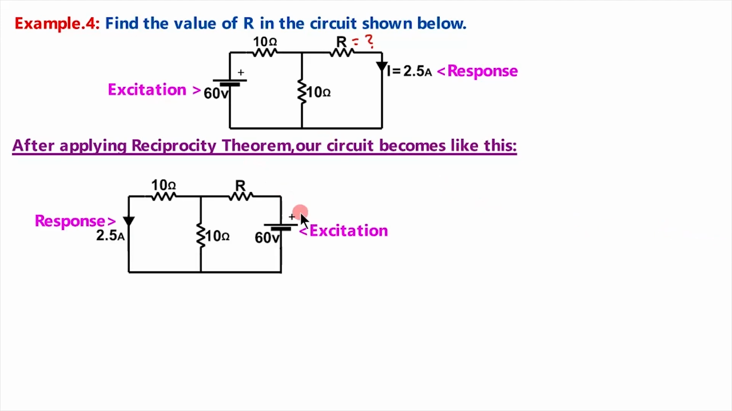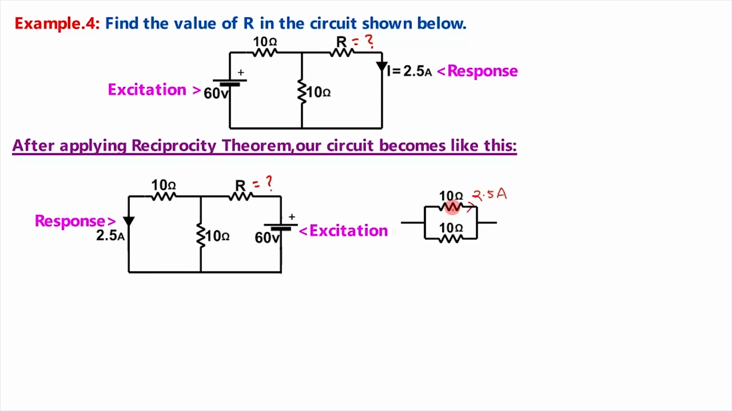See, the excitation came here and response is on this side. With this circuit, we have to find value of R. See here, this 10 ohm and this 10 ohm are in parallel. That can be drawn like this, and it is given that a 2.5 ampere current is flowing through one